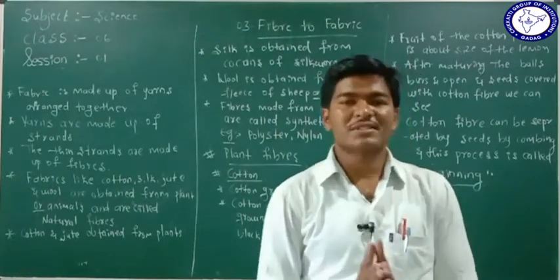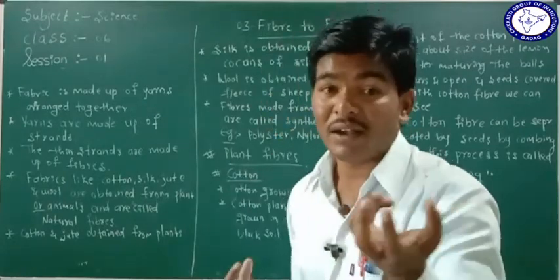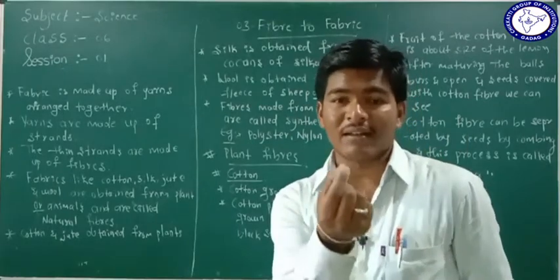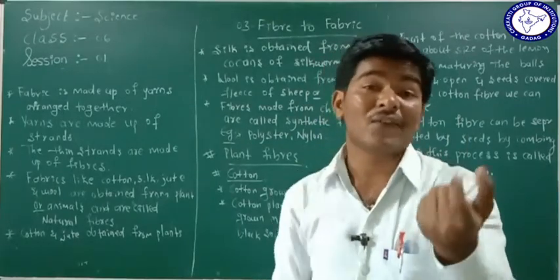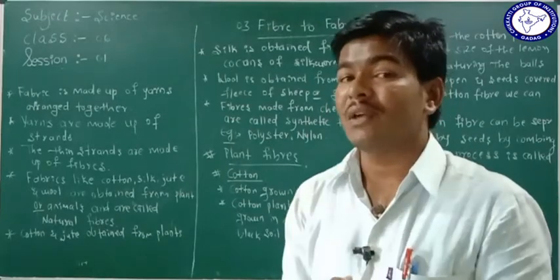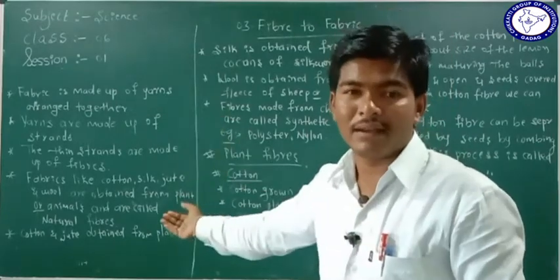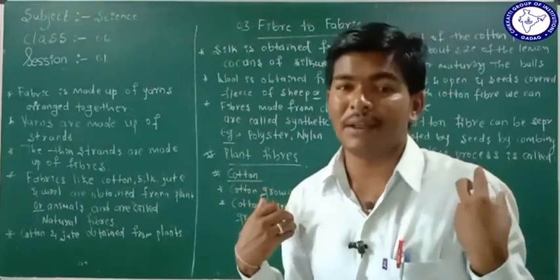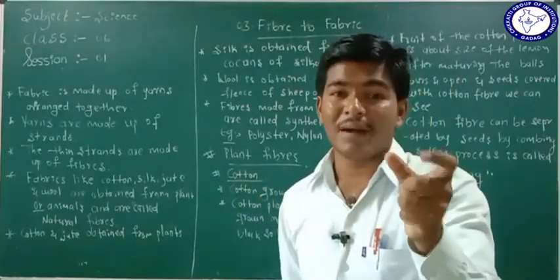So when you see the cotton fabric, that cotton fabric is made up of cotton yarn, and that yarn is made up of cotton fiber, and that cotton fiber is obtained from the cotton plant. Understood? When you wear silk fabric, the silk fabric is made up of silk